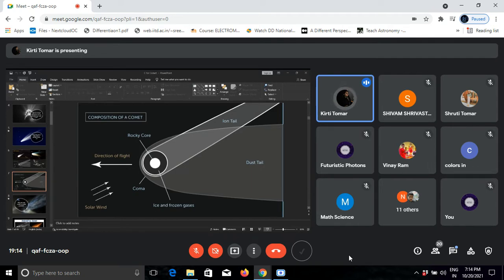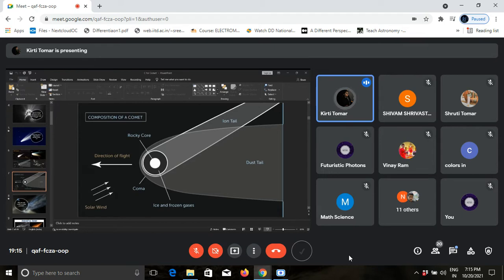So now another question came: asteroid versus comet. What is the difference between them? The main difference is their composition, as in what they are made of. Asteroids are made up of metals and rocky material, while comets are made up of ice, dust, and rocky material. Both were formed early in the history of the solar system, about 4.5 billion years ago.